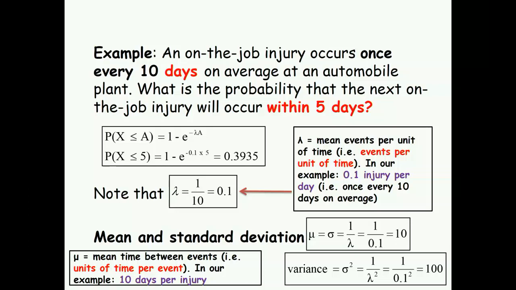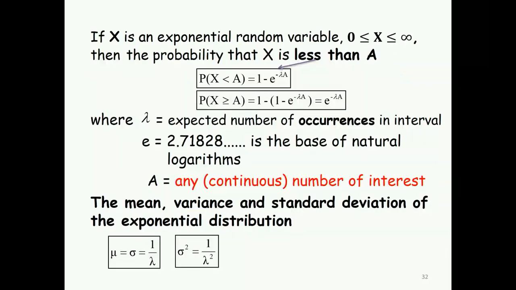Information given is about days, the question asked is in days. Do you think this type of question is a less-than or greater-than type? This question asks about within 5 days, so within 5 or less. So this is a less-than type of question, so we could use this formula, 1 minus